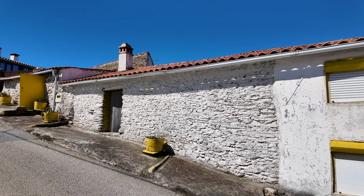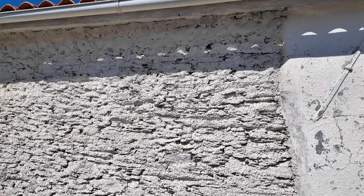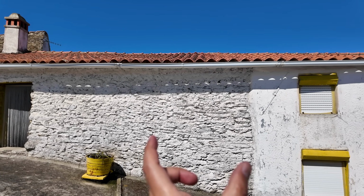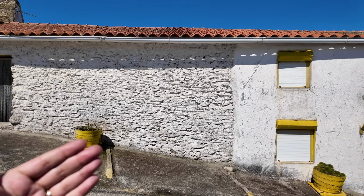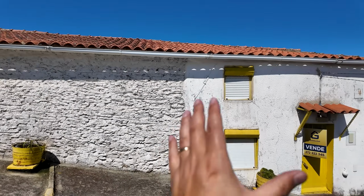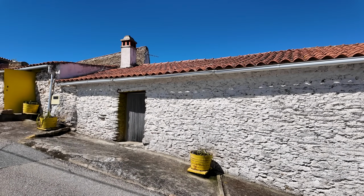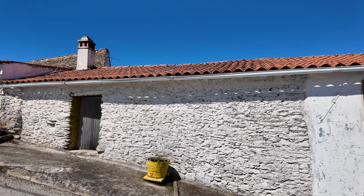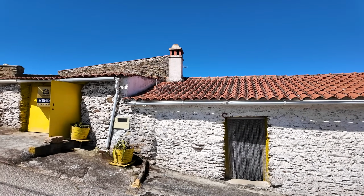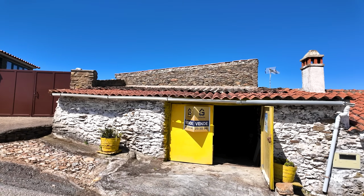And this part here, where we have the stone exposed with a little splashing of cement and painted white, starts the second house. Besides being together, you cannot go from one to another, you must go outside to enter the other one. At the moment this is used as the bedroom area, and this one is used as the living room and kitchen area, which is big as you can imagine. This is the entry, and then we will find another access to the back garden again. And still on the side, we have this big garage. It's quite nice,